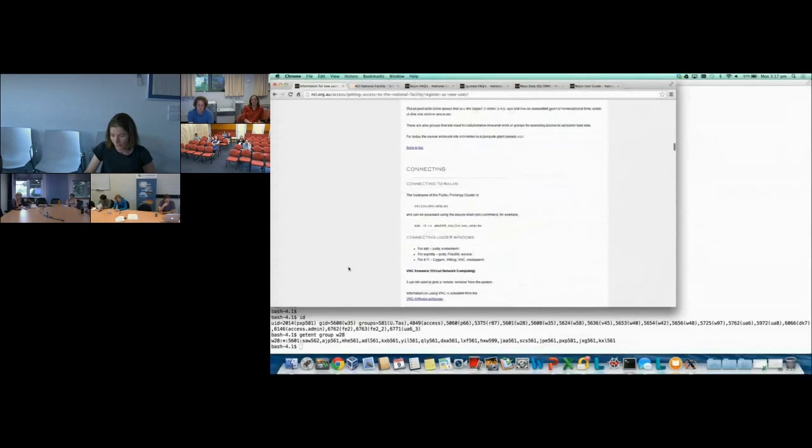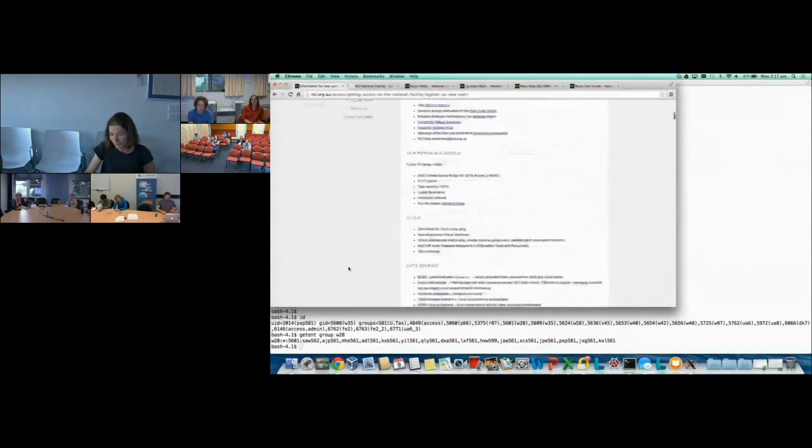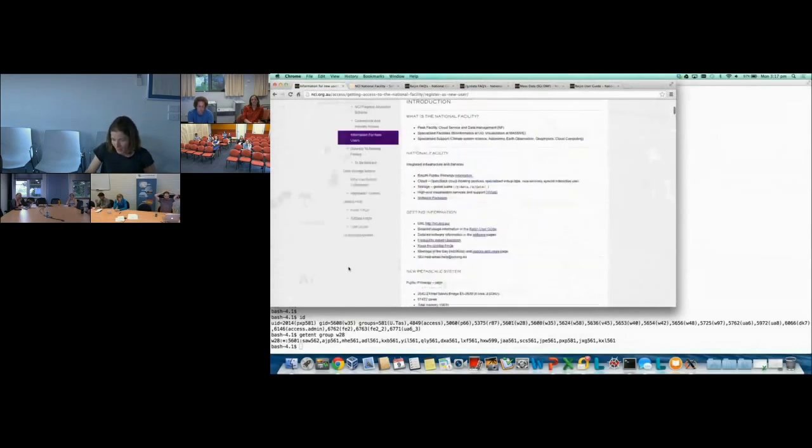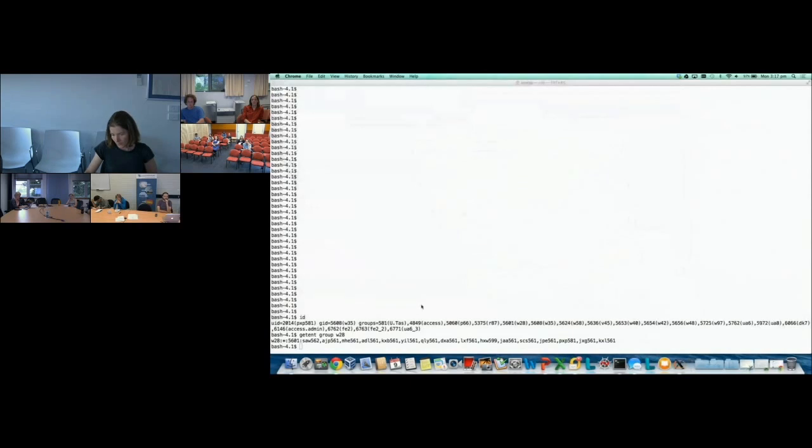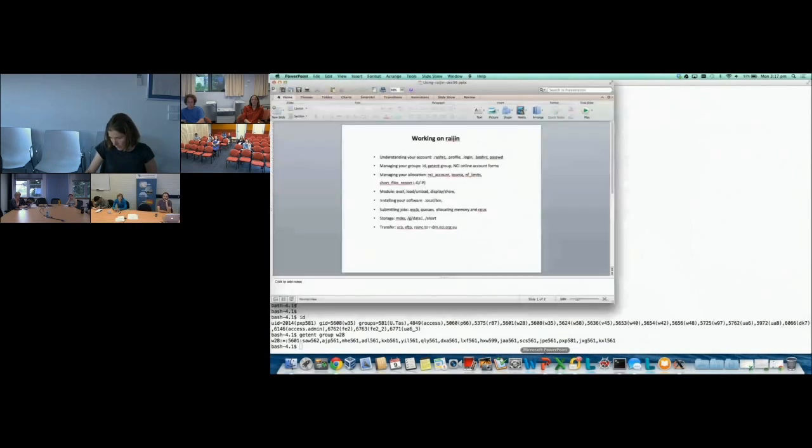Okay, obviously there's a lot of other information in this part, and also information on how to use the system, and also various technical details of the system, how much space is available, and so on. So that's always a good resource for you. And the other thing, okay.